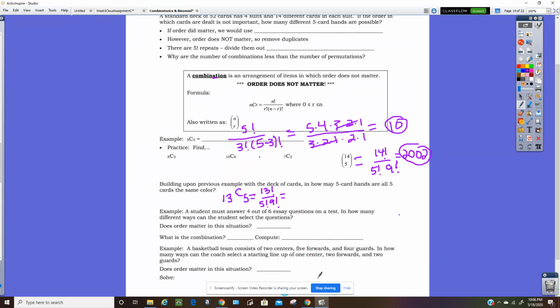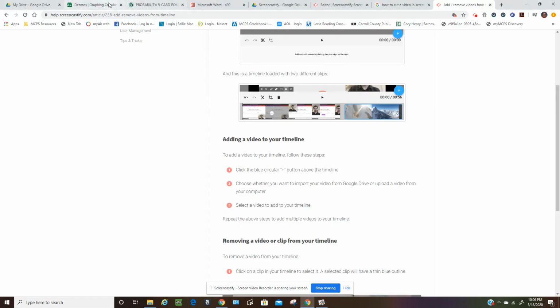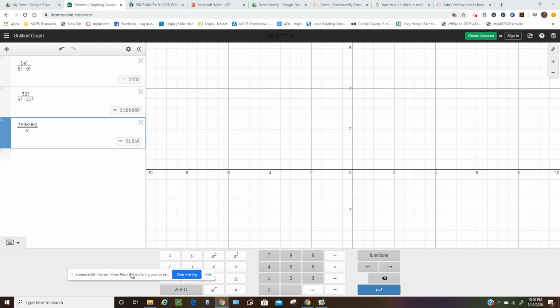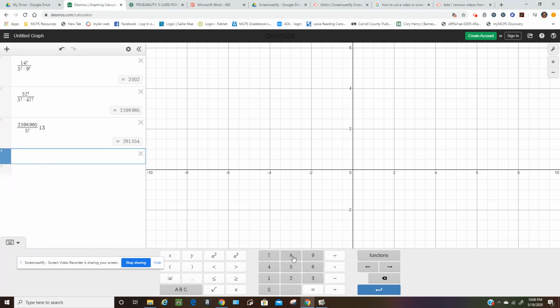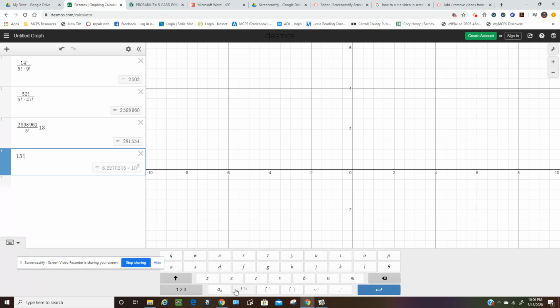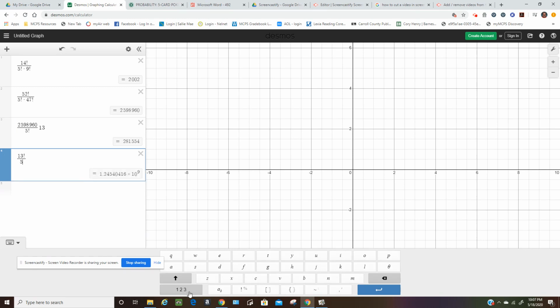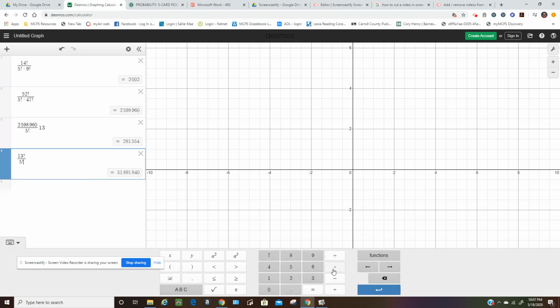And I'm going to go ahead and get my calculator now. So 13 factorial divided by 5 factorial times,